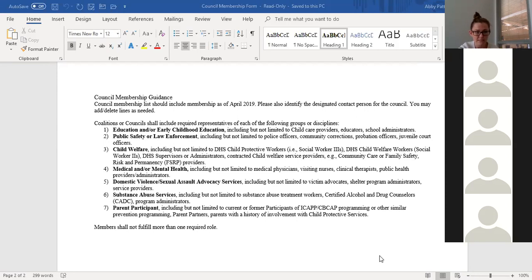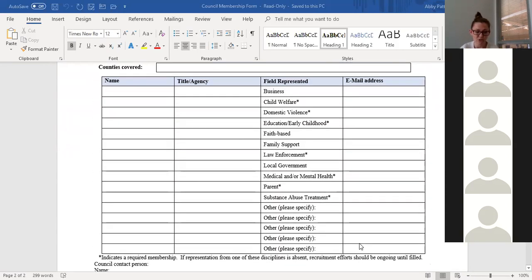Okay, timeline for requests. Once this information is all completed, like I said, that can be sent to me or the PCA Iowa office by April 12th. And then kind of looking at what the process looks like from there. In the month of April, among other things, we'll be looking at those third quarter benchmarks to see how folks are performing on their projects. And then we'll be meeting in mid-May with the advisory committee, at which point we'll be talking about how folks are doing, and we'll be talking about those renewal decisions.